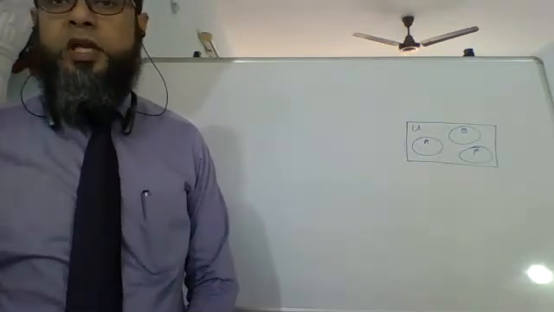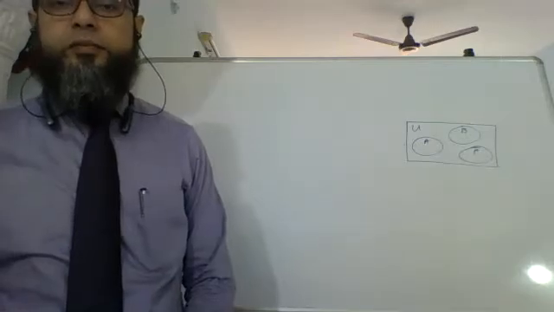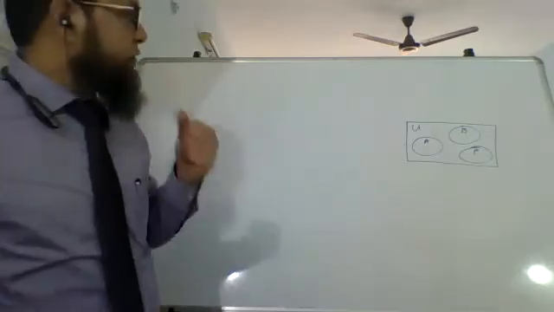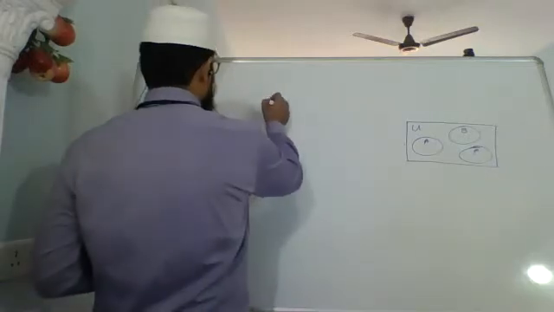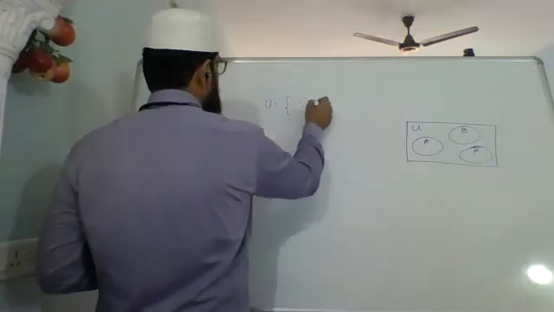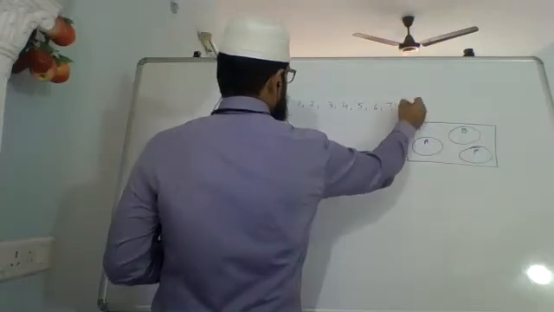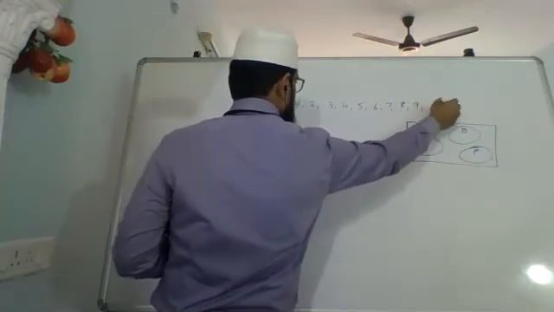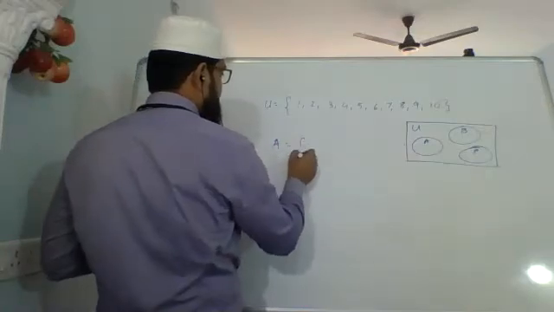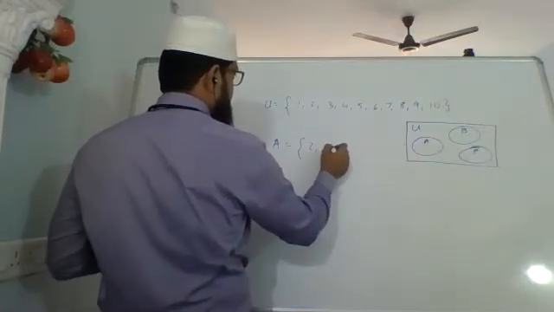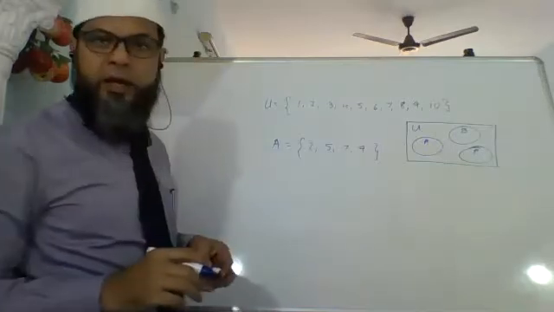What is complement of a set? Write down. Suppose U is an universal set. अच्छा, उसके पहले मैं आपको सिर्फ एक्सप्लेन कर देता हूँ, समझ लो. Let's say we have U. Supposing these are the 10 elements of set U for sake of understanding, and there is set A which has 3, 2, 5, 7, 9. ये A में है, ठीक है.